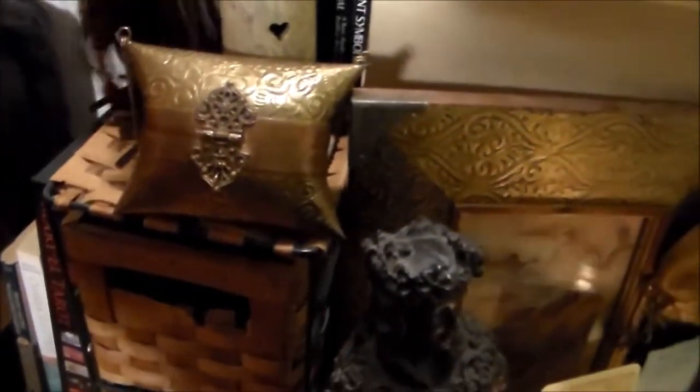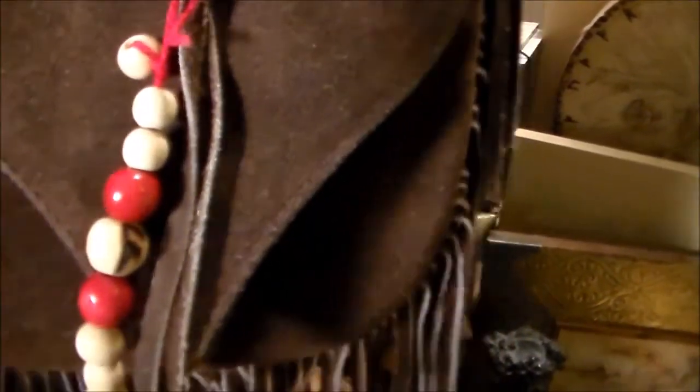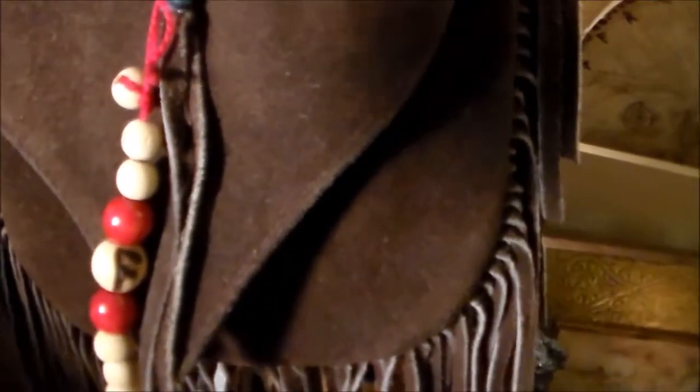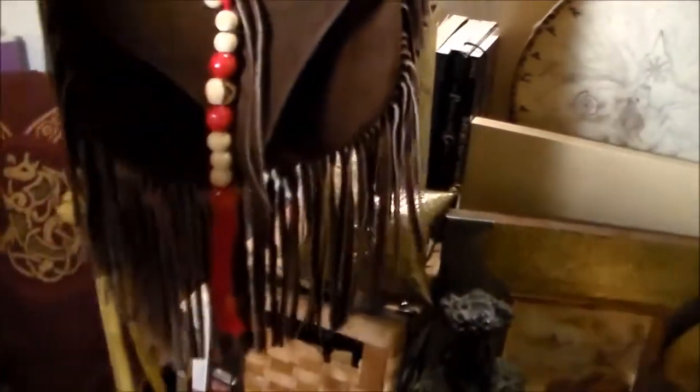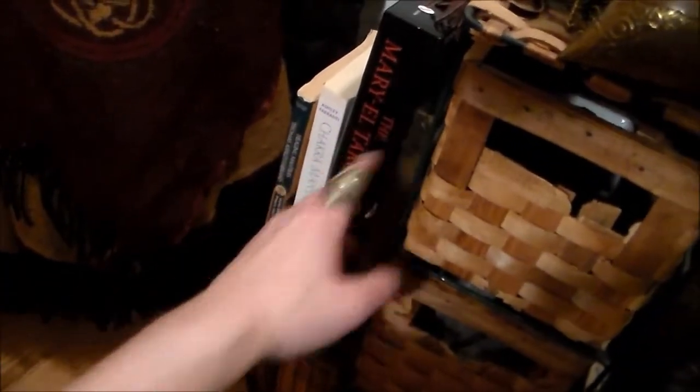And then this is where I keep my Power of the Runes deck. Another one I actually wood burned. Alu is the, you know, it's Ansus, Lagus, and Urus around that center bead. But yeah, down here I have a few books. That's a broken picture frame. Gotta fix that guy. And then over here, too, right next to my altar, I always keep my big meditation